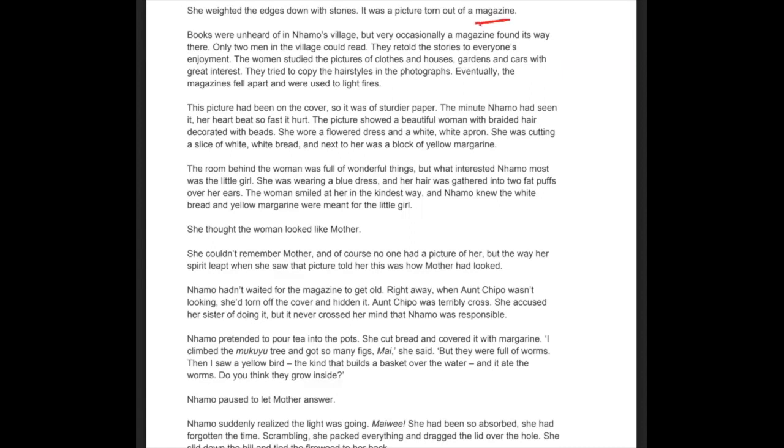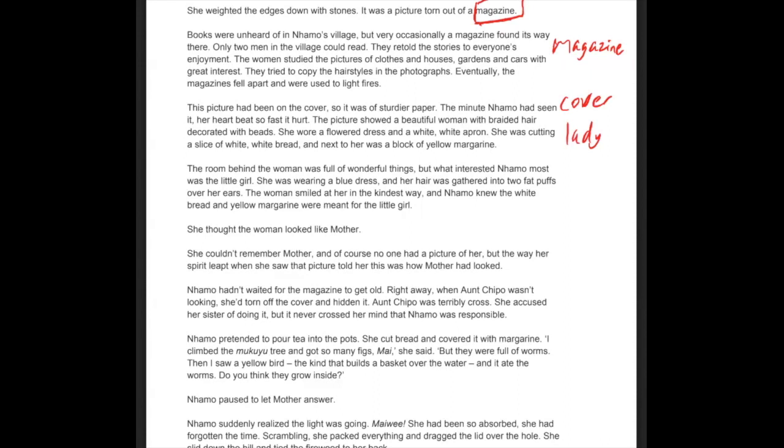I noticed that one thing here is the magazine. So I would definitely take note of that, and this magazine keeps coming up. So here I would actually just write magazine, because that seems to be a very important part of this text. And then what is exactly on the magazine cover that captures her attention? So I would write magazine cover, the lady or beautiful woman who was on the cover of the magazine, as